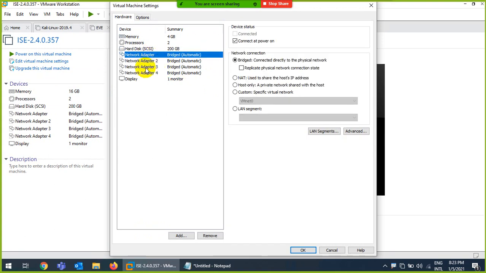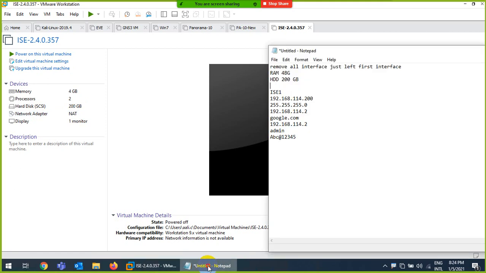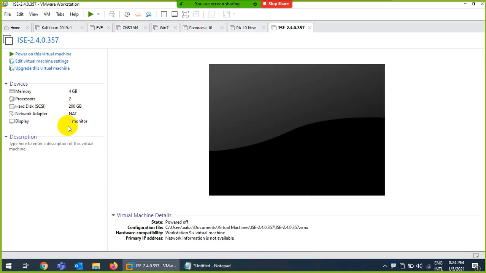Delete interface 2, remove 3, and remove 4. Change it to NAT. I showed you my NAT details, so I know them, and okay. So 4 GB, 2 processors, 200 GB, change that to NAT, and for NAT I have this range. In your case it will be different. That's it. Okay, and start.